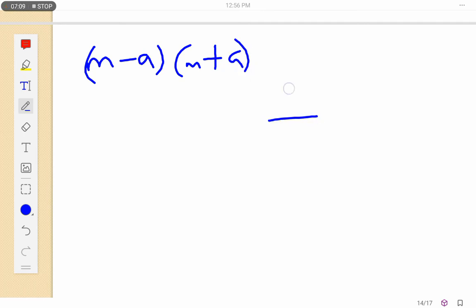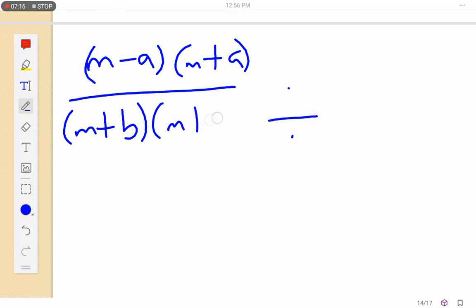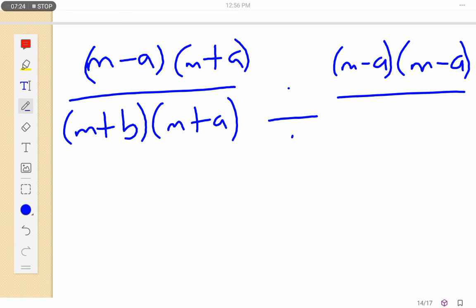I'll end up having m minus a, m plus a. Now because we're dividing, we say divided by, this one has m plus b, m plus a. Then divided by, we have m minus a and m minus a over